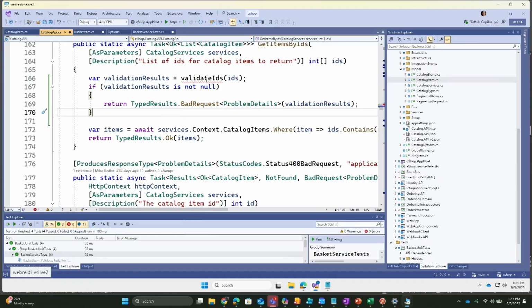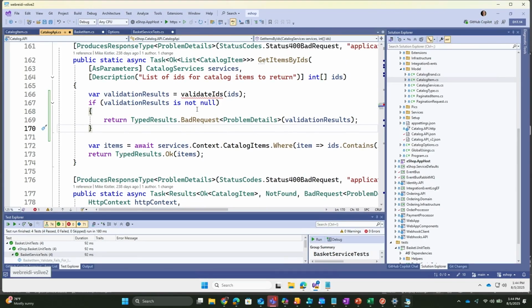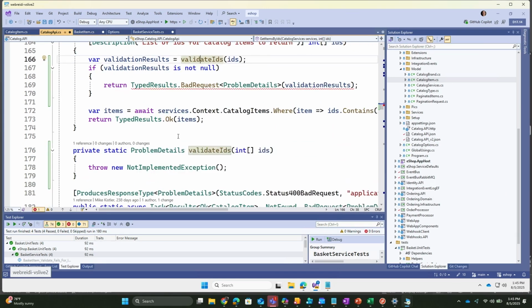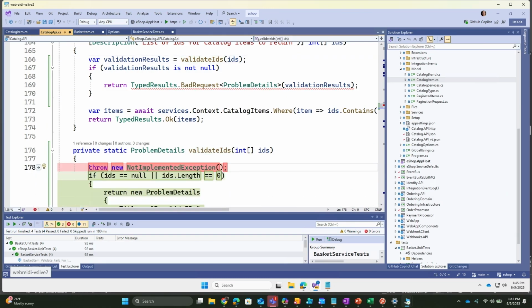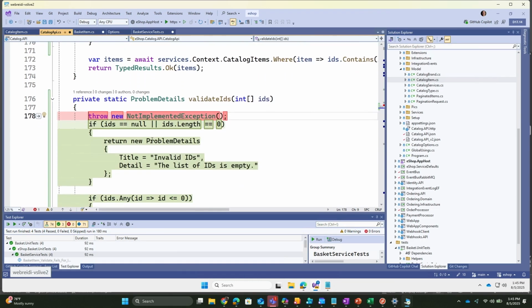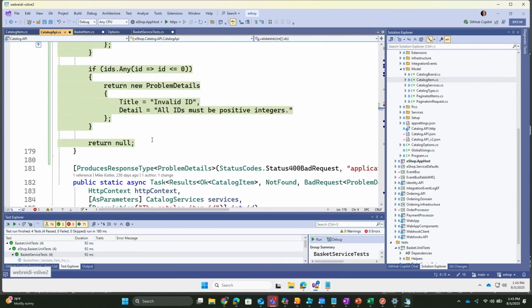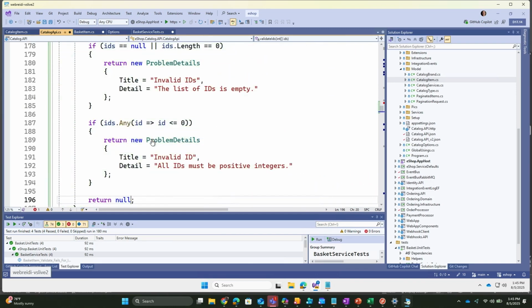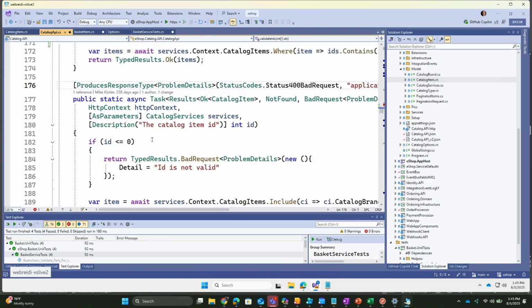I want to create this new method here called validate IDs, which isn't created yet. So I can go in and use generate method, which is going to generate that method with the basic throw not implemented exception that we're all used to using. Here, you can see that already Next Edit Suggestions is jumping in and saying, hey, I think you might want to do this. And it's filling in what it thinks it can do. I can accept that. But there's also, if I cancel that,